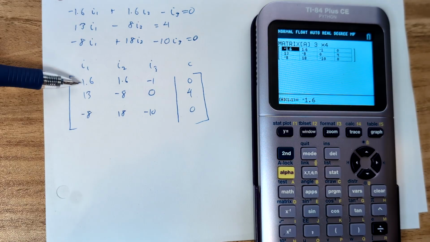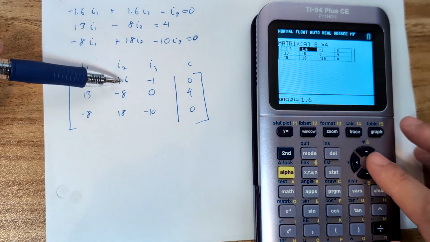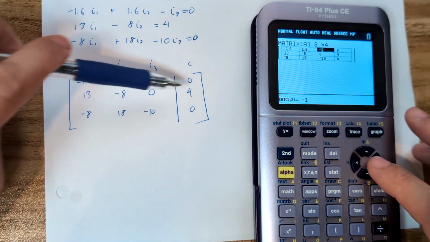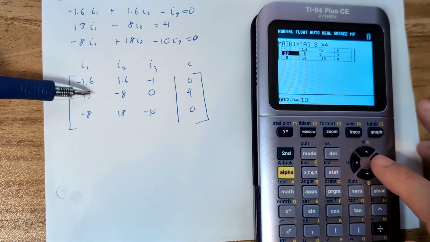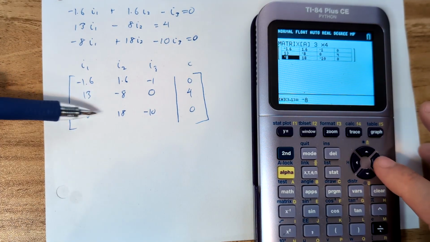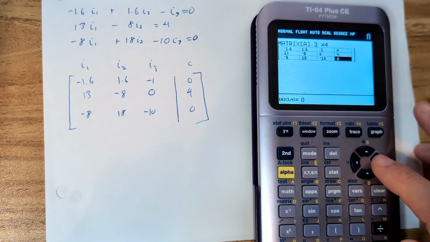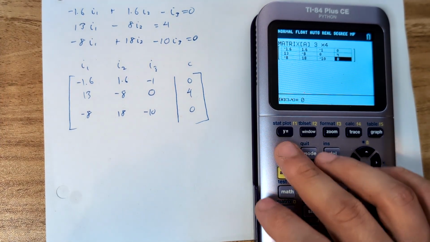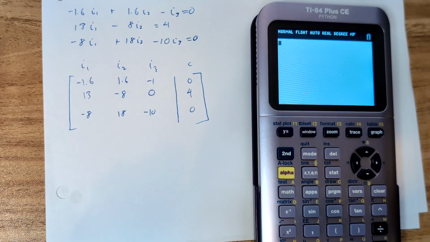So now it's negative 6, negative 1.6, 1.6, negative 1, 0, 13, negative 8, 0, 4, and then negative 8, 18, negative 10, 0. Now we have our matrix set up, and what you're going to do is press second quit, and then you're